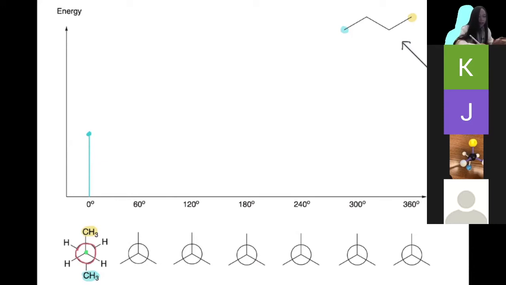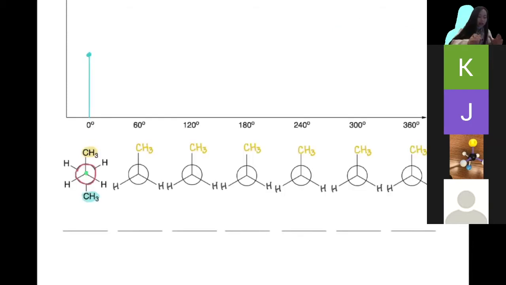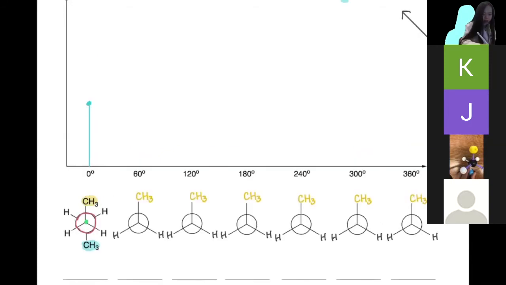So since we are fixing the bond in front, I'm actually going to do these things. You can do that on your paper as well. I just copy paste the one in front, since I'm going to fix that one, and then see how things work. One thing more, this is anti, so the anti configuration. And the second one, when we rotate 60 degrees,